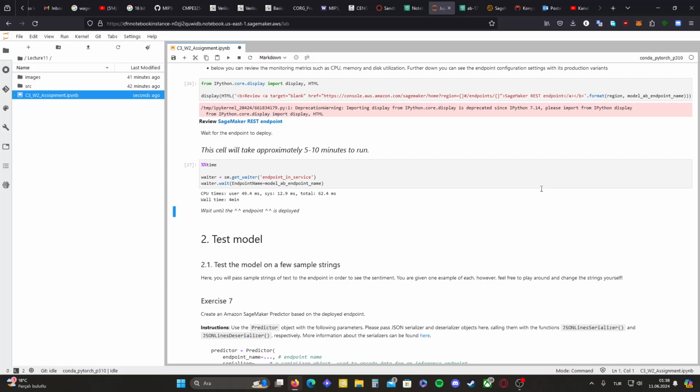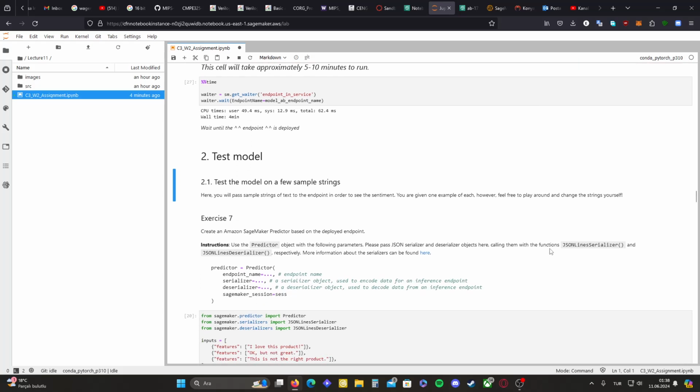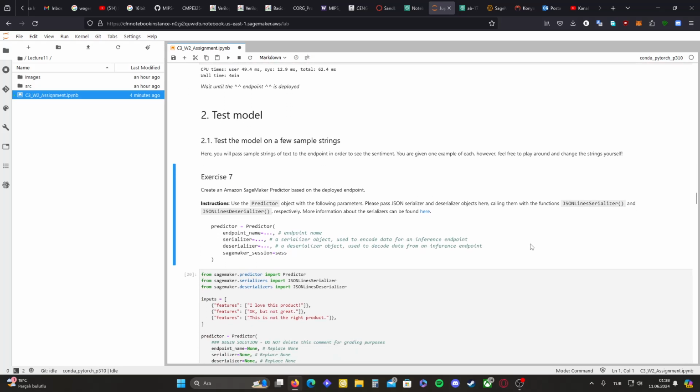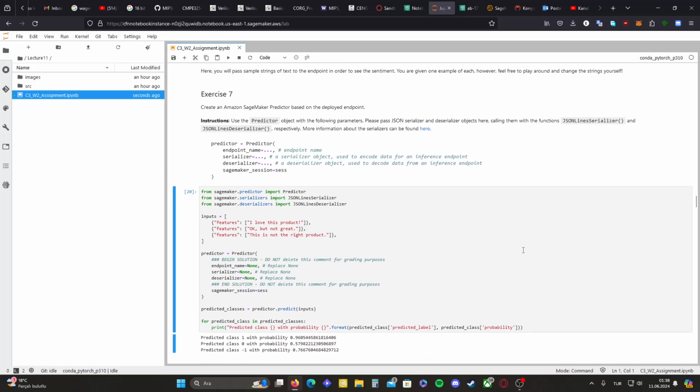So it's deployed. Now let's test the model. Test the model on a few sample strings. Here we will pass the sample strings to the endpoint in order to see the sentiment. You are given one example of each, however feel free to play around, change strings yourself. Create Amazon SageMaker predictor based on the deployed endpoint,